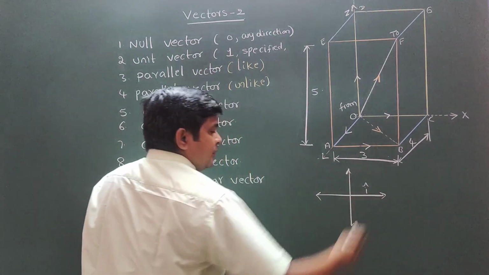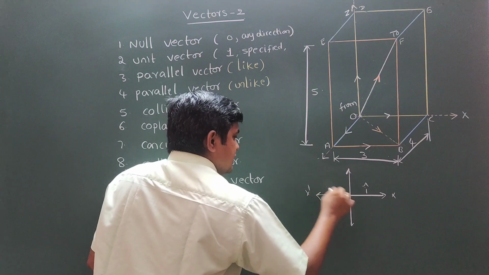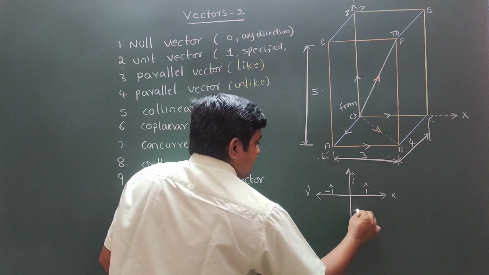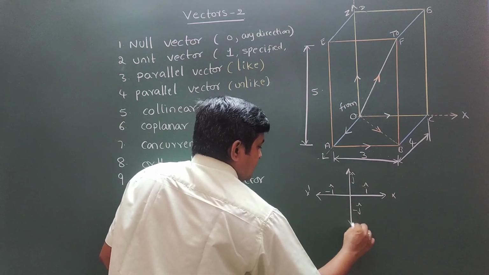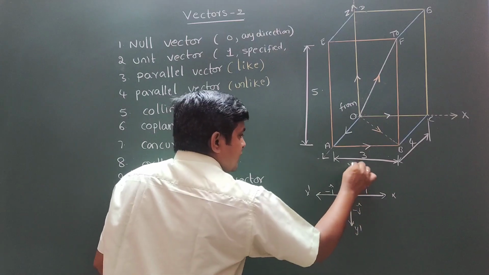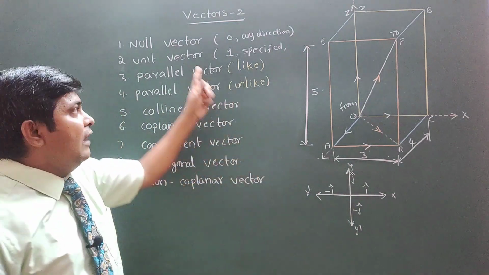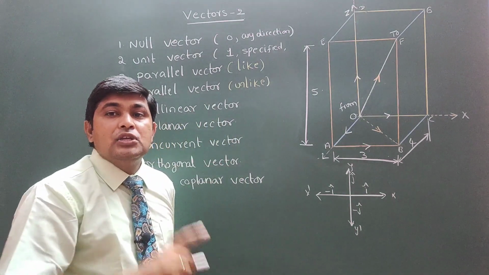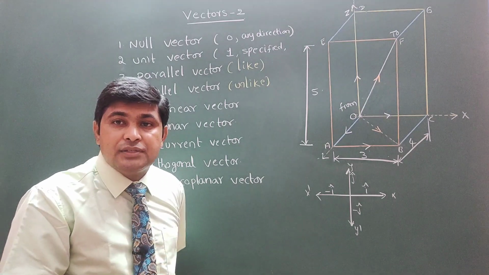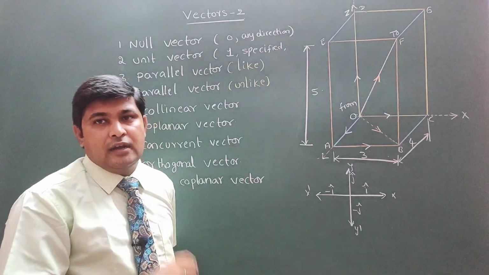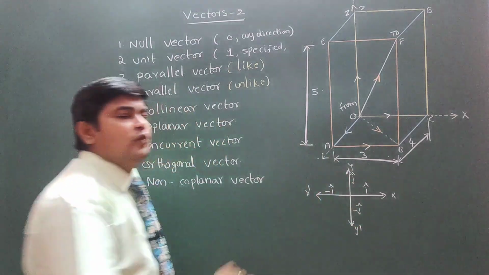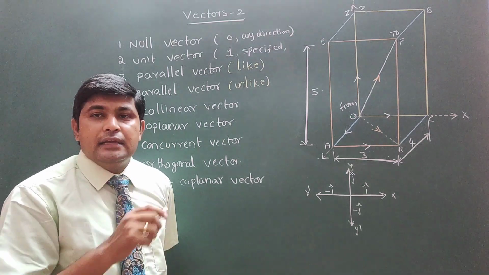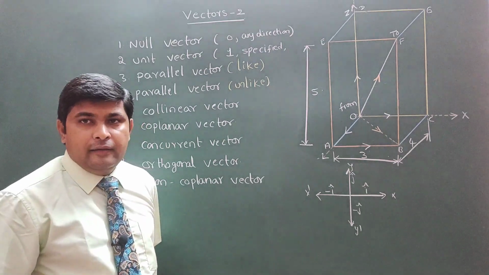I cap represents the positive x axis, x dash is minus I cap, j cap is in the y direction, and y dash is nothing but minus j cap. Like this, z also you can imagine. I cap is representing a unit vector because its magnitude is 1. Wherever you find a cap on a vector, you have to understand that it has magnitude only 1.